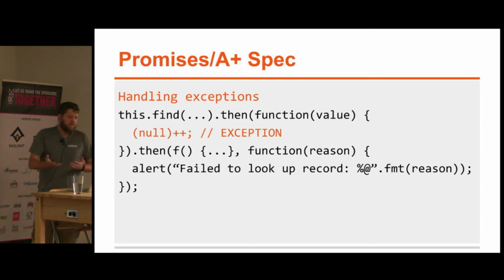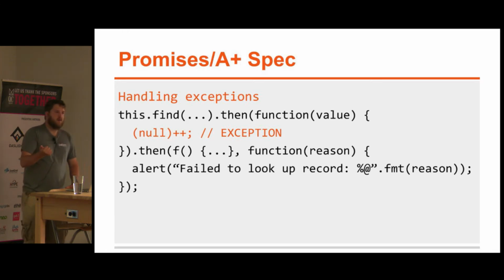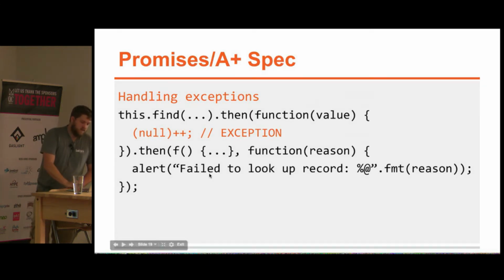an error, or you can have a rejection for normal reasons, but you can also catch an exception as part of a rejection. I think that's a really powerful thing, because it allows you to recover from that in the same way you might recover from a server error. In this case here, I've just generated an exception, and then my handler is just grabbing it right away, and it's going to alert that.